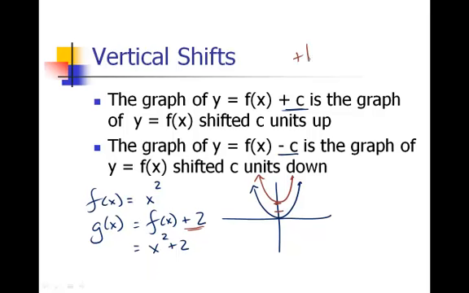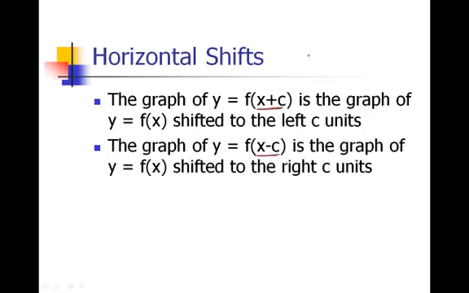This would have been our plus K in our textbook last year, and this would be our H. We always had X plus H inside of the function. And if you remember, this works the opposite. So X plus H or X plus C shifts to the left,